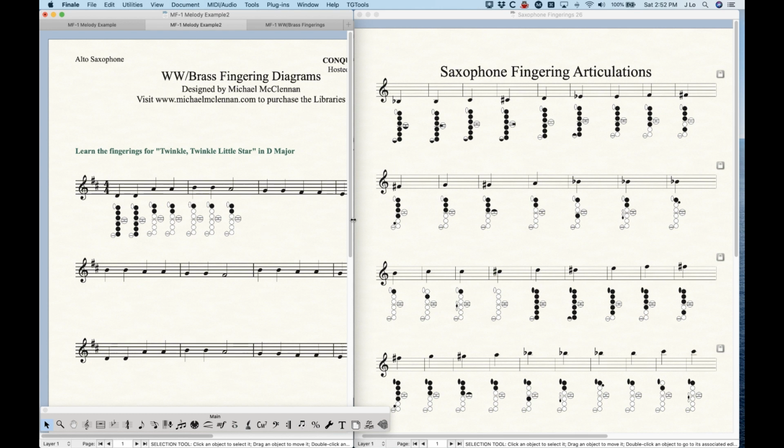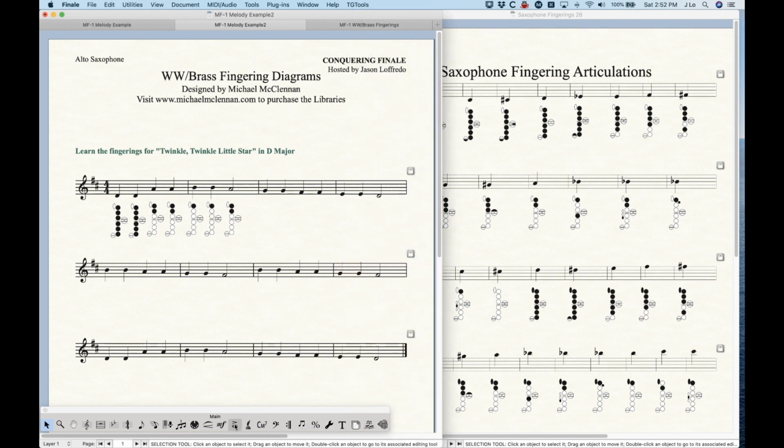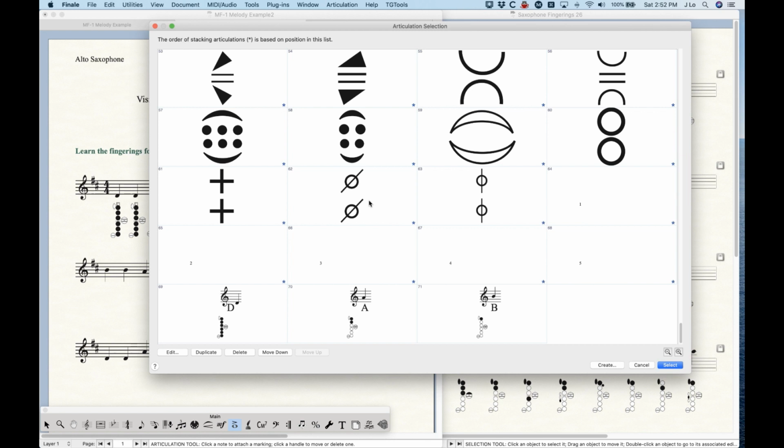What's happening when you do this is that because these articulations are unique, in other words, the articulation exists in this file here, but not this file, you're basically copying over the articulation, and as you copy over every articulation, it gets added to the library of articulations. So now if I were to actually go into my library here and scroll down, what you'll see is just those three articulations that I used so far, D, A, and B, have been copied over into the articulation